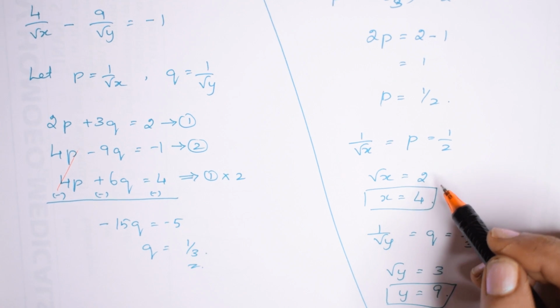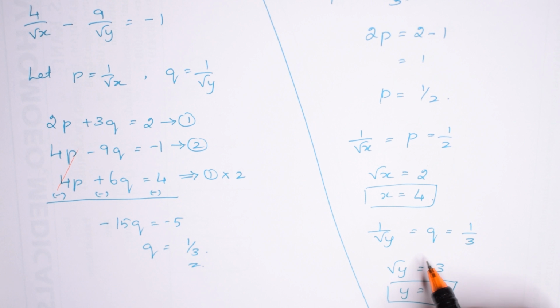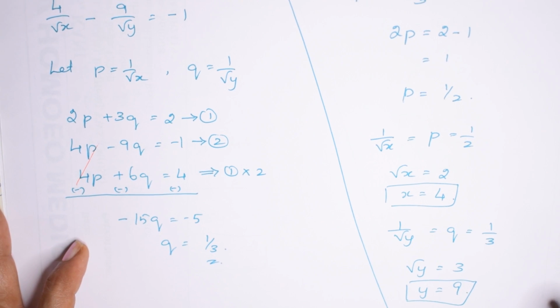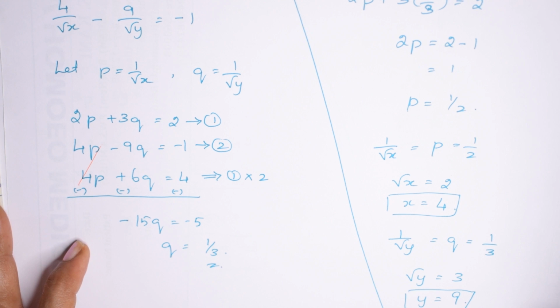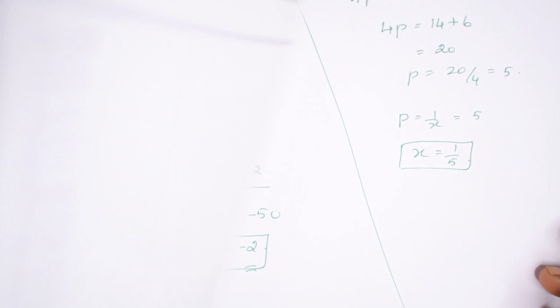Okay. The same way 1 by square root of y is equal to q, and whatever we have found, it's equal to 1 by 3. So square root of y is equal to 3 and y is equal to 9. Okay. So with that, the second sum is over. The third sum,